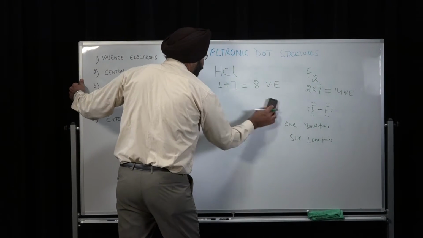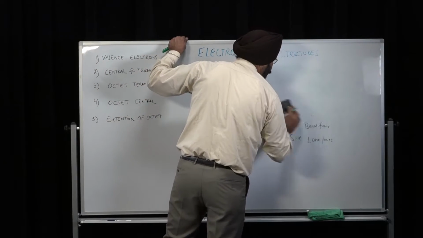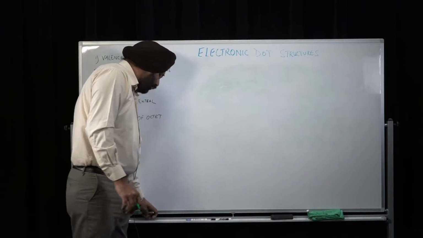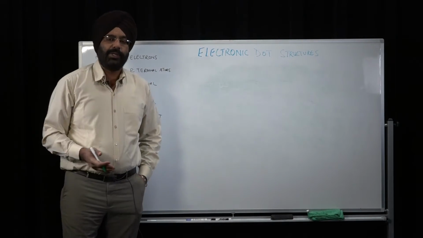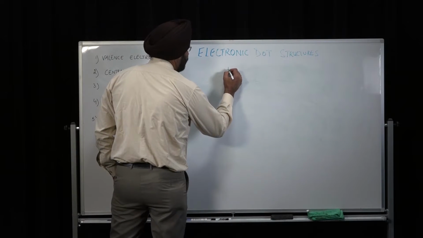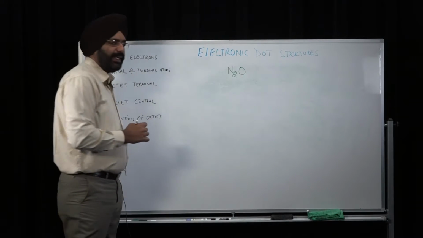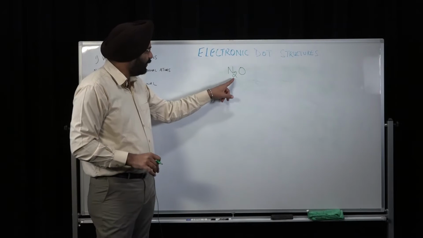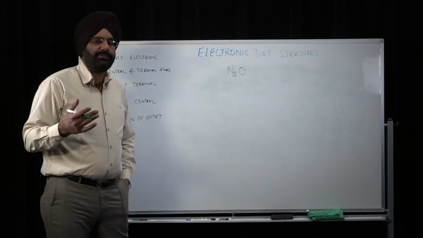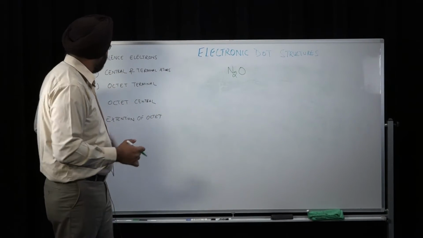So moving from fluorine, I'll take another complex molecule where it won't be that easy to write the electronic dot structure. And we are going to discuss in that case scenario what we need to do. The example here is a very interesting example, dinitrogen monoxide. Dinitrogen, there are two nitrogen, and monoxide. Is that right? So to write down the electronic dot structure for this molecule, again I'll start from the number